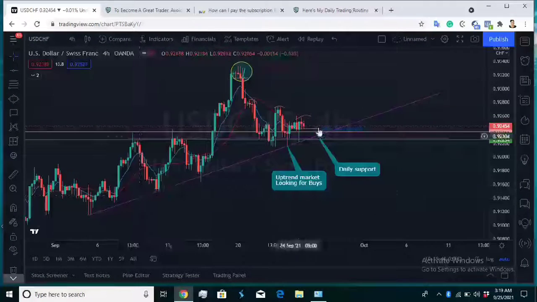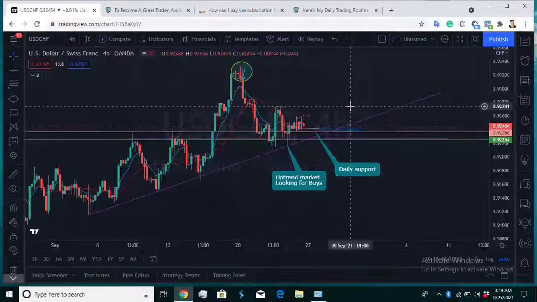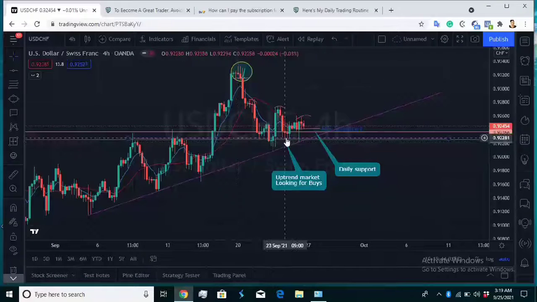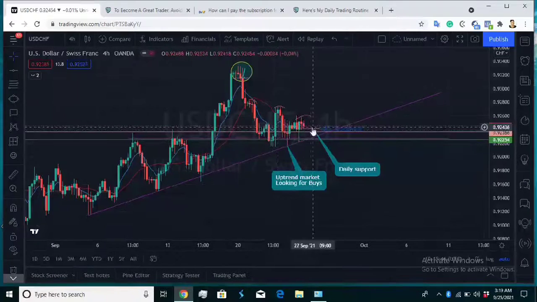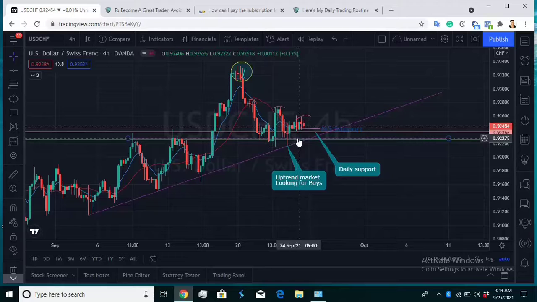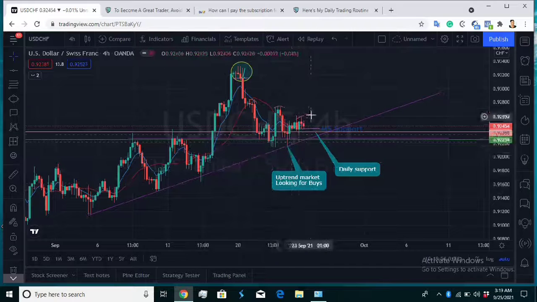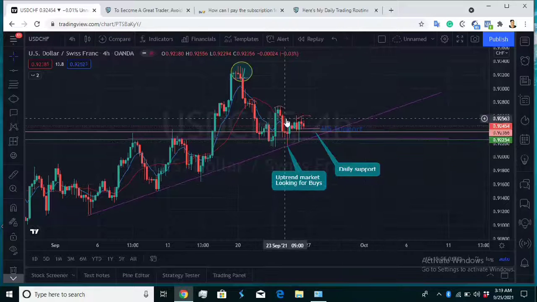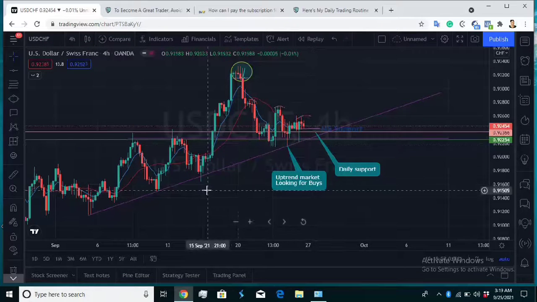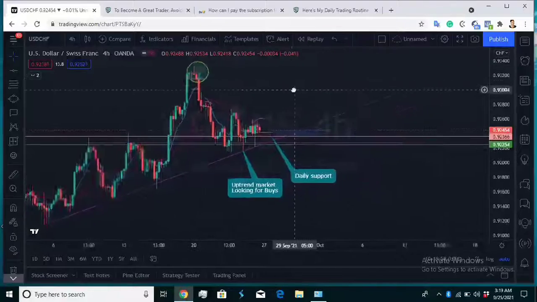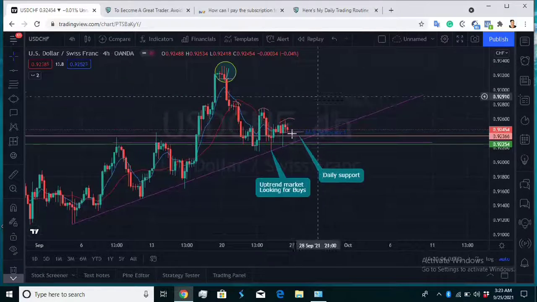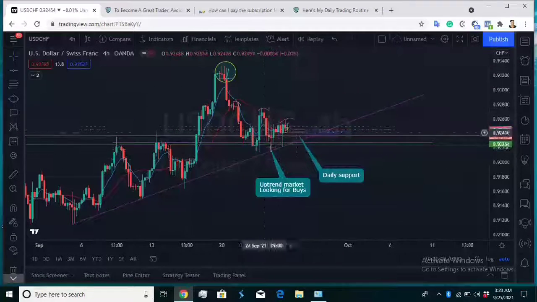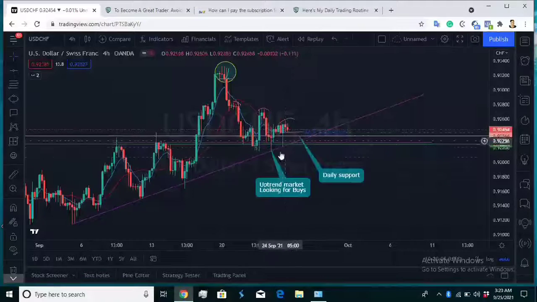So I have my markups already. I have this trend line showing that the market is actually on a trend line. You see that the market is sitting on the support level on the daily and on the 4-hour support level, and we see the market also rejecting this trend line, and we see all that exhaustion on the daily. So definitely I'm looking for more buy setups, buy opportunities to actually enter this market on a buy.